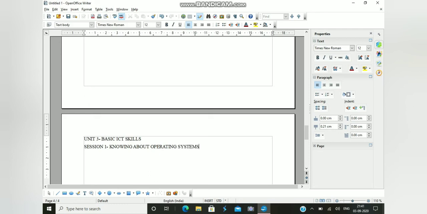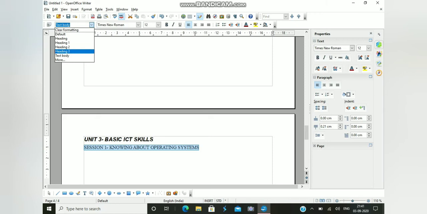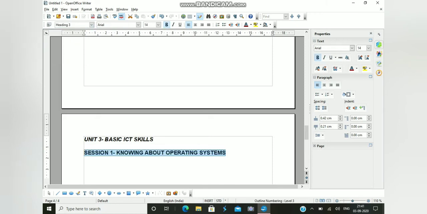So here I have typed the third unit, that is unit 3, basic ICT skills. Again accordingly you can change the heading. Heading 2 I have given over here. You can keep it as text body, or you can give heading 3 here. So accordingly you will do the changes.